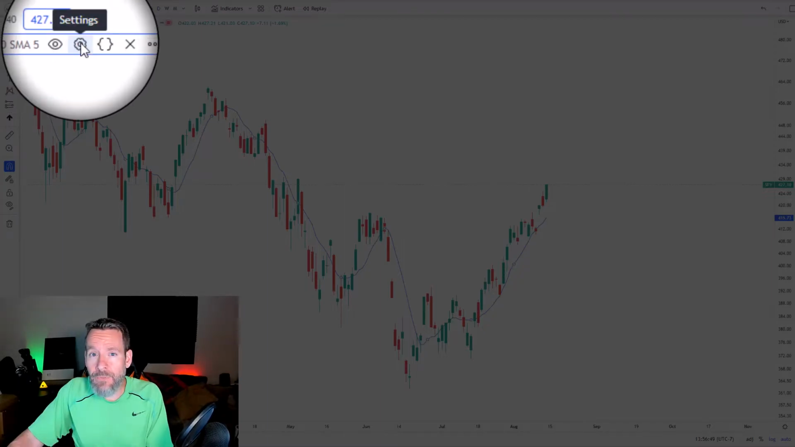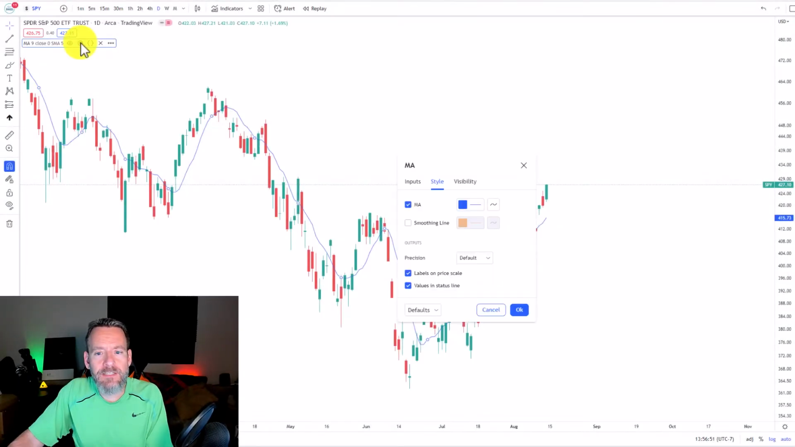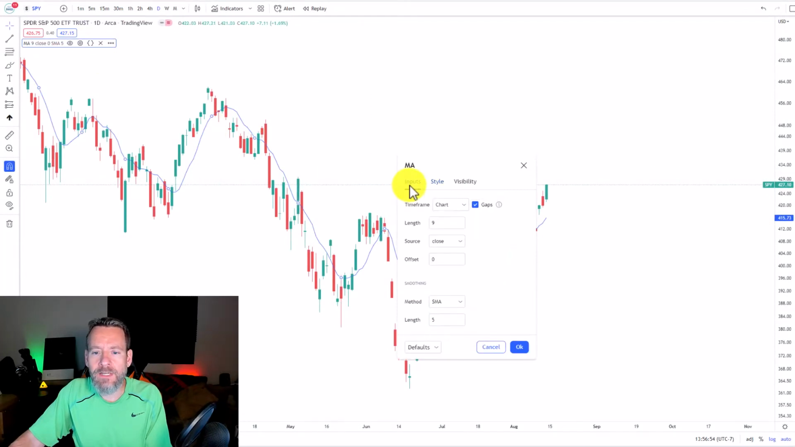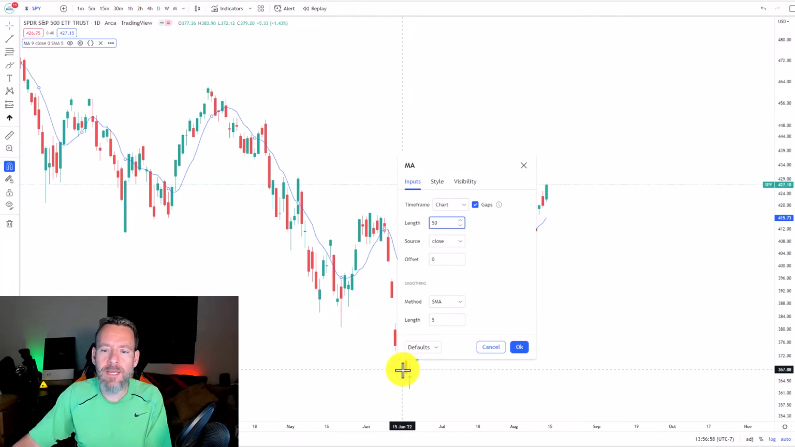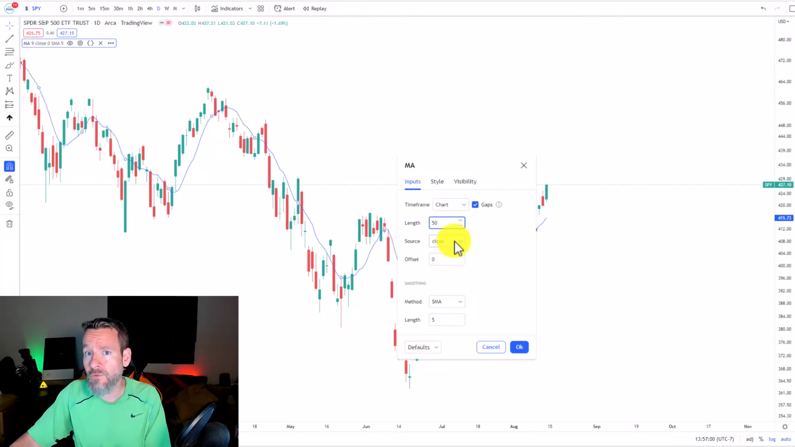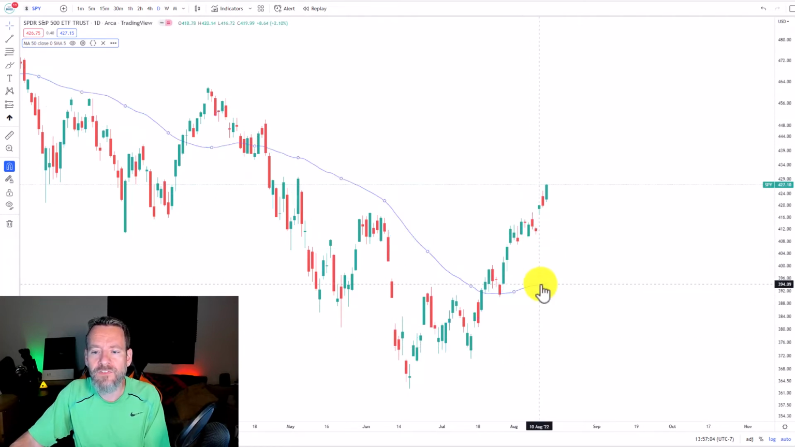You can adjust the inputs for each one of your indicators by just clicking the settings gear icon over here and then going to inputs. And if you wanted to make the 50-day moving average, for example, you just type in 50 here. You'd leave it on close because that's the standard for that particular moving average. And when you hit OK, you can see that the line now redraws to be the past 50 days of